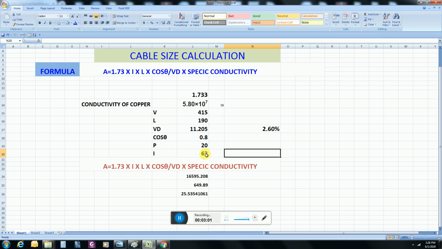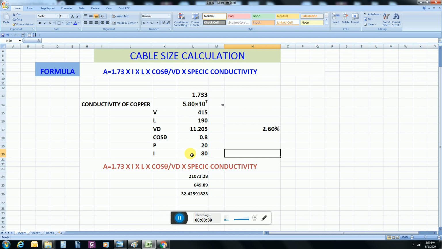And if your ampere rating is, for example, 80 ampere, then the calculation shows the cable size will be 32.42 mm square, but we don't have any cable of 32.4 mm square size. We have 25 or 35, so definitely we will use 35 mm square cable for this ampere rating.